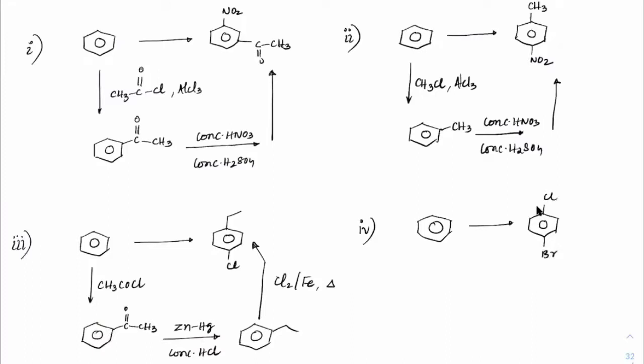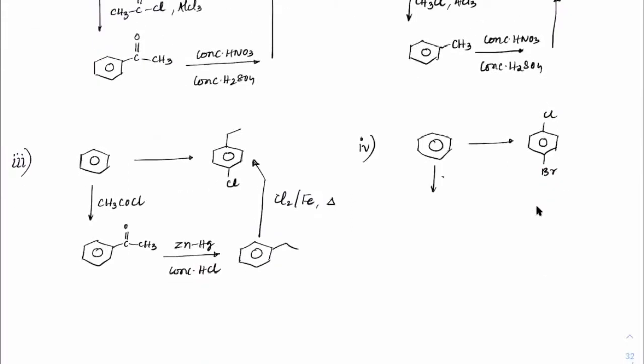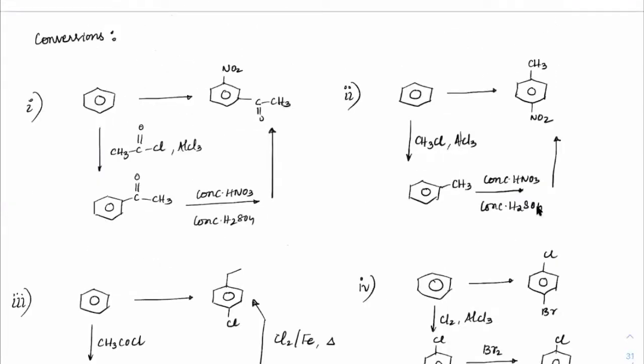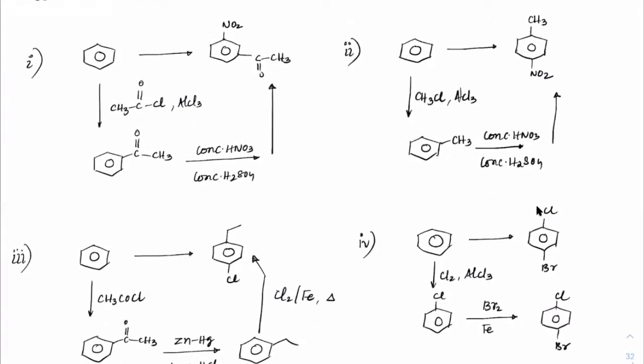Which one is the best method? First chlorine, then bromine. Why? Because if you see the rate of EAS, chlorine is better than bromine. We have studied that the other day. So first we will do chlorination in the presence of AlCl3. We will get chlorobenzene. And from chlorobenzene, again we'll do Br2/Fe. So we would get chlorine and bromine here. That is the product formation. So everyone understood, you have to find out the best possible routes, as you can.